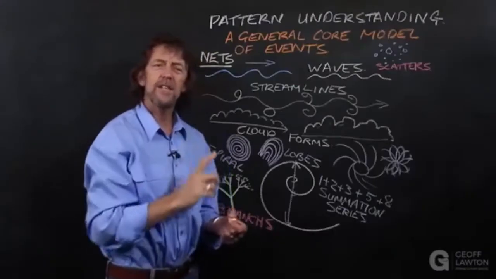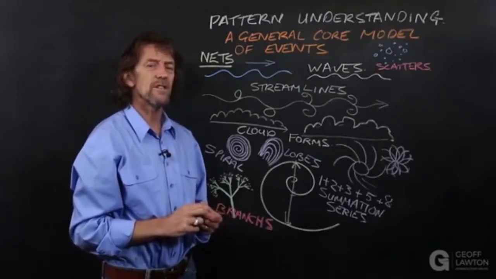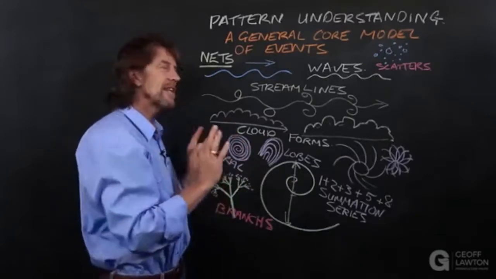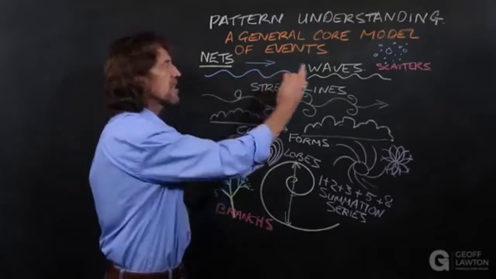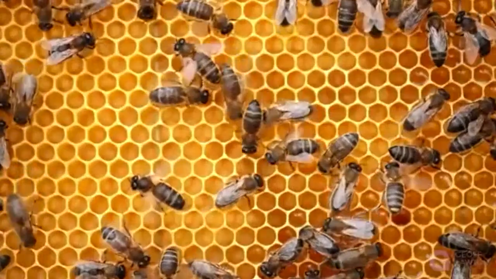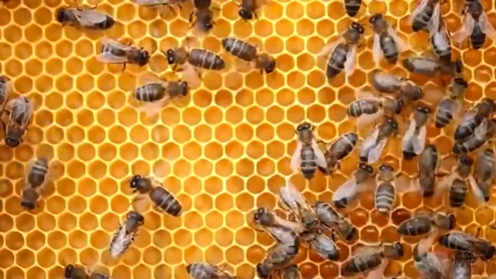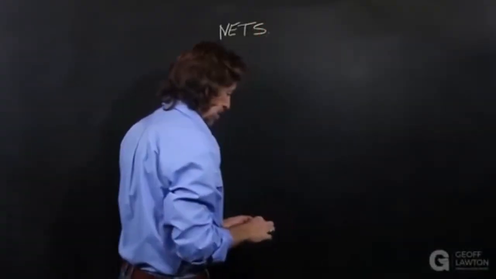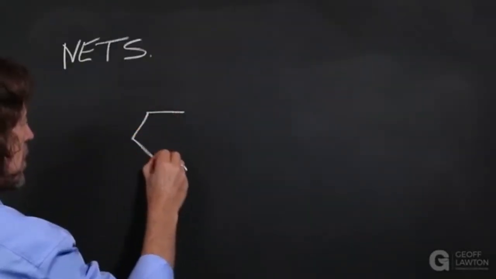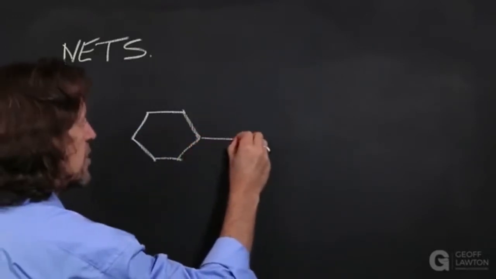Now nets are a little bit different because they're formed from shrinkage, lateral tension. The lateral tension of shrinkage. That makes them just that little bit different because the rest of the patterns come from flow and growth. And we need to talk about these nets. Okay, let's look at nets. Mostly nets come in the form of a hexagon. A hexagon will actually join together.